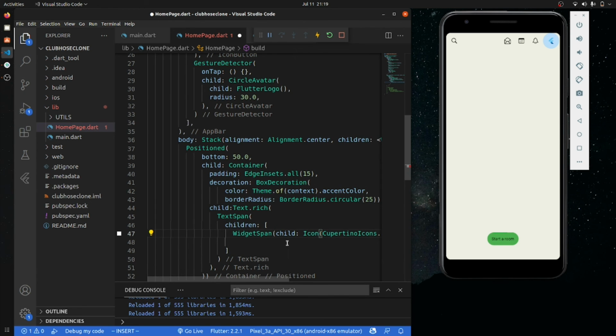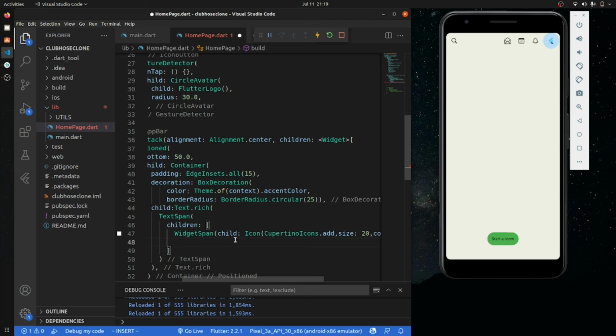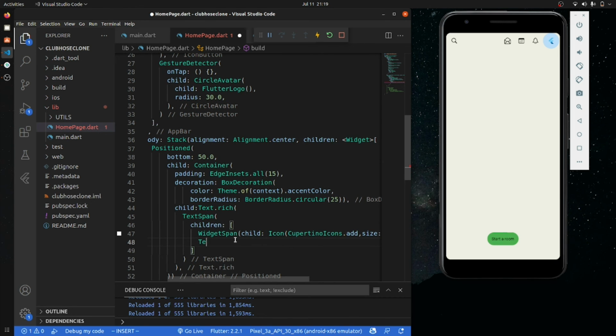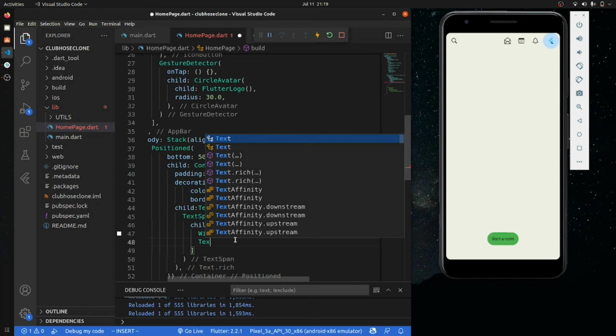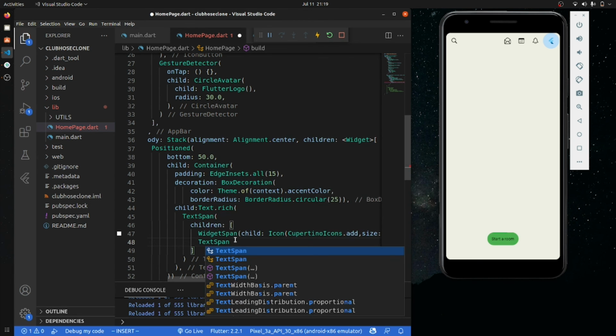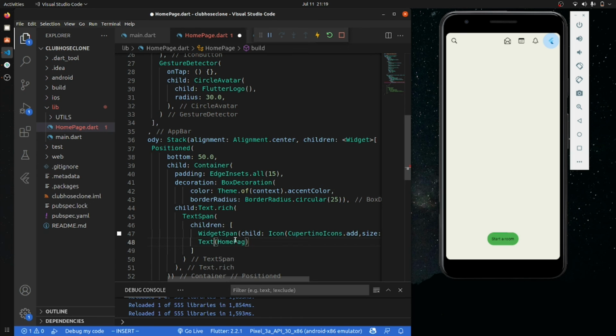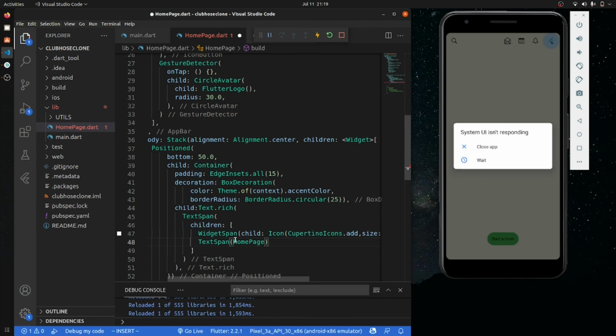Now after this, we will again go with the TextSpan. Okay, and now we will add a simple text that will have our elements. Not home page, sorry. Inside this we will have a text, and we have to set Start a room.